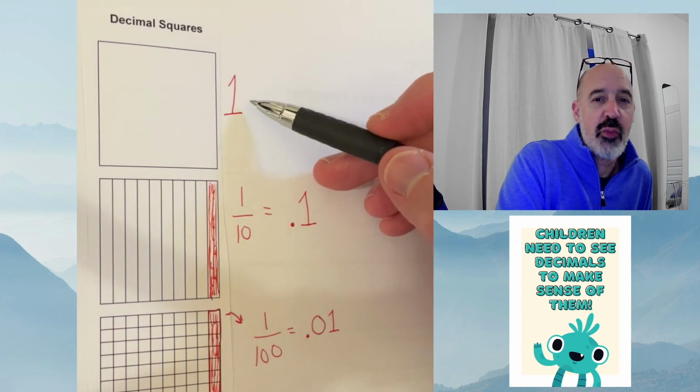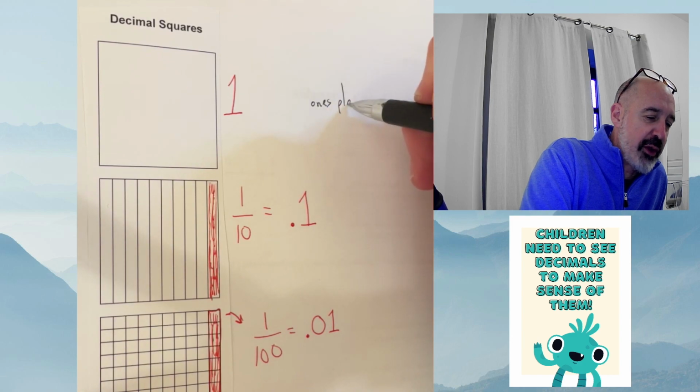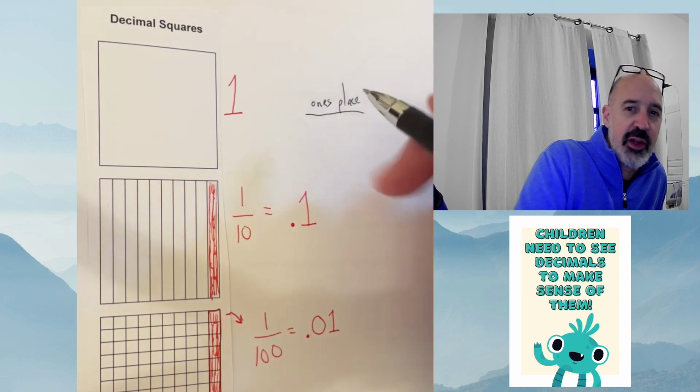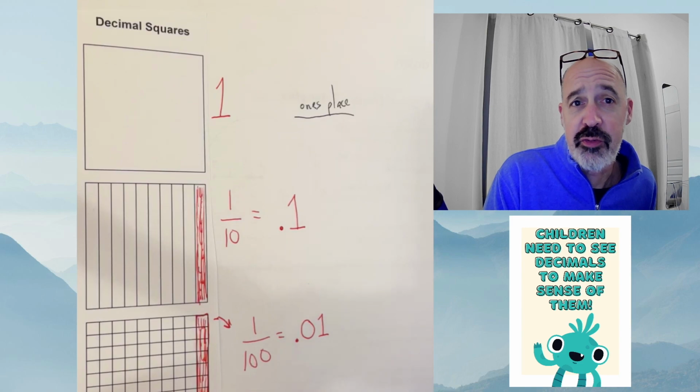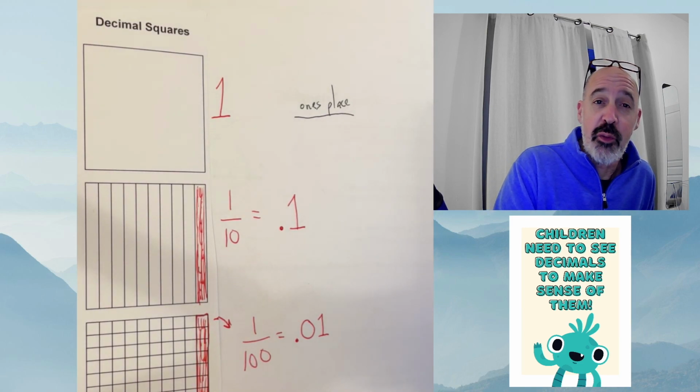So here we have 1. This is sort of the bellwether. This is the ones place. The number 1 represents the ones place. Simple enough, right? Now, this is where it gets to be interesting, where you want to talk to your kids